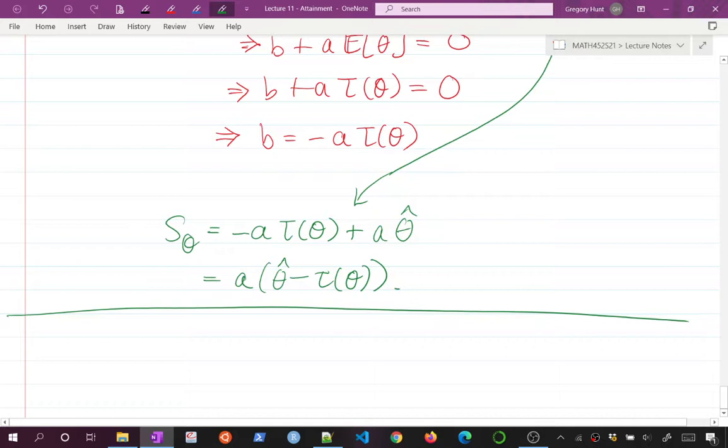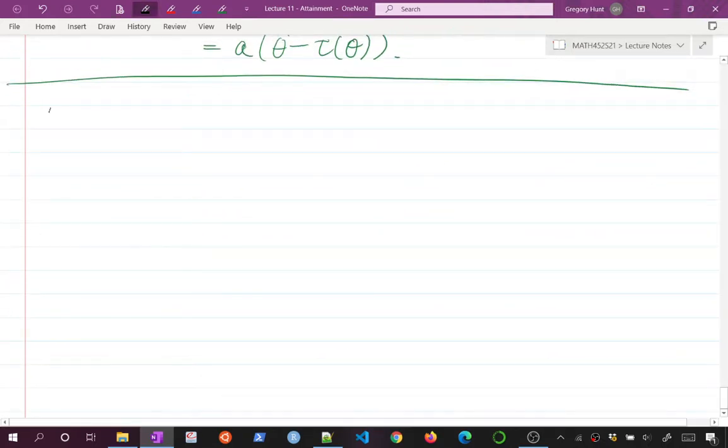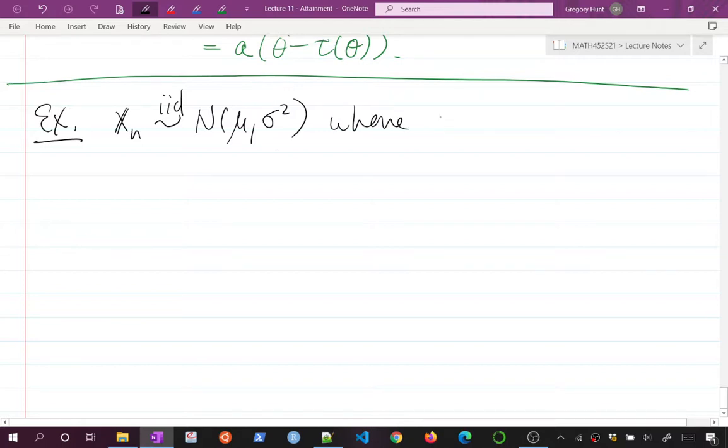Let's look at another example. We did this one last time, but let's just do it again. Our favorite distribution, a normal distribution, and let's assume that sigma squared is known. So the only unknown parameter is going to be our mean mu. And let's show in a different way that if we let mu hat be x bar,